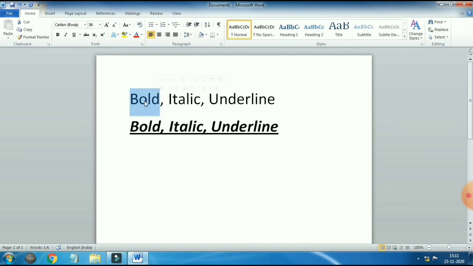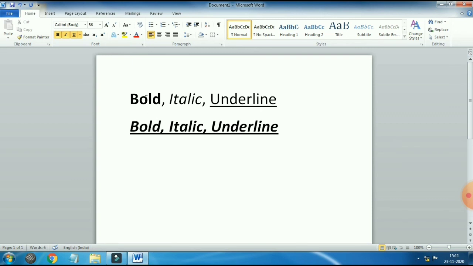Now select the word bold and click on the bold option. Yes, it will become darker. Now select the italic word only and click on the italic option. It will make the text slanting. And the last, select the underline word and click on the underline option in the Font group. It will make an underline below the text.